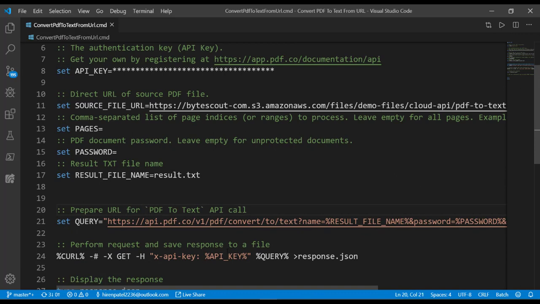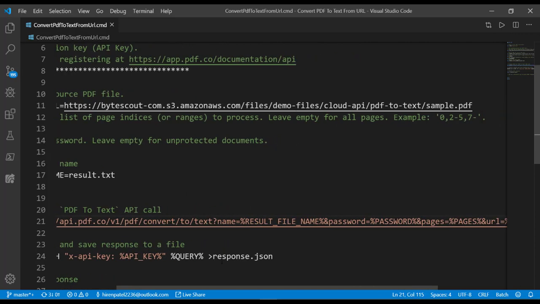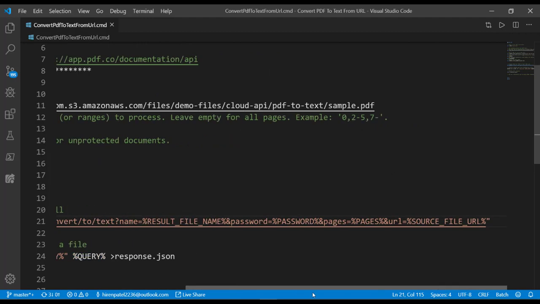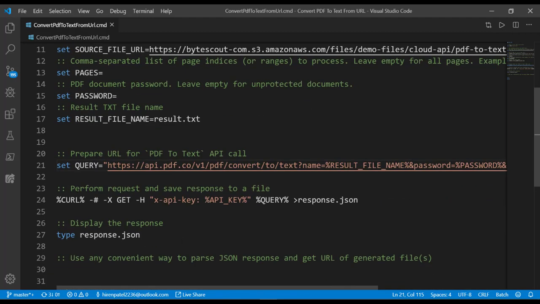For PDF to text, the API we want to use here is convert to text. Then we have provided the parameters like the name of the result file, the password, the pages, and the URL.